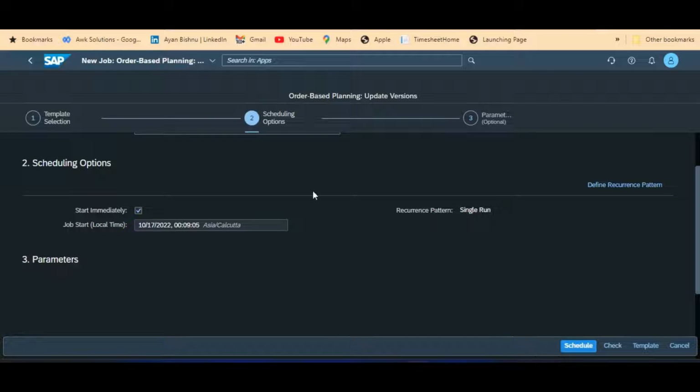Now this job has no parameters. Once you run update version, all the associated versions with this OBP planning area will be updated. So at this point, we are completely done with our basic setup, master data maintenance, and the required prerequisite application jobs for repairing, master data synchronization, and update of versions.